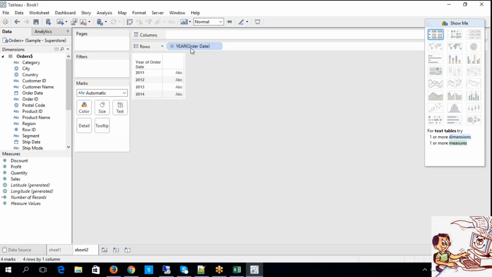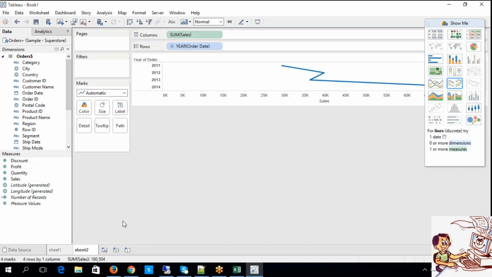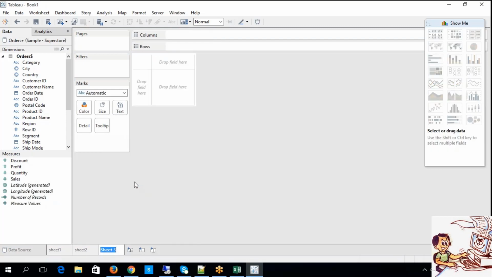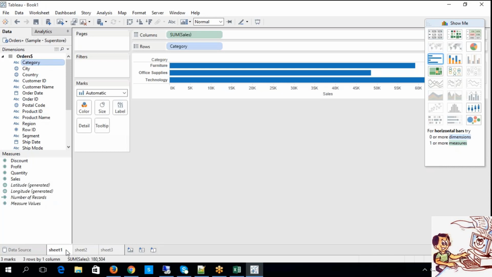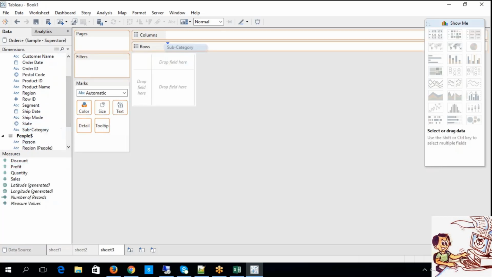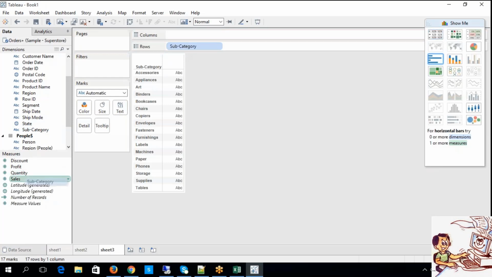Now I have to choose sales here, and again I have sheet 1, sheet 2, and I would like to have sheet 3. In sheet 3, let's say I would like to have subcategory and the corresponding sales.